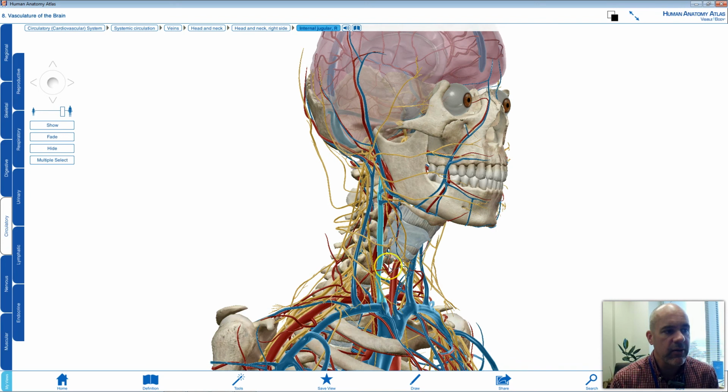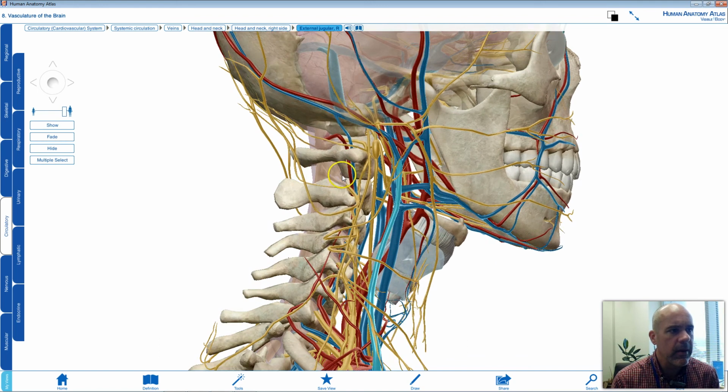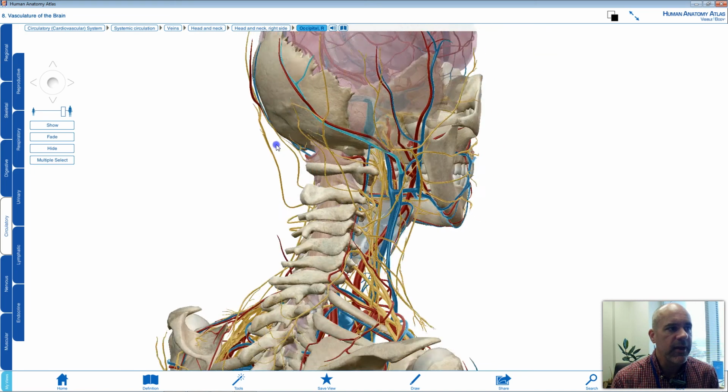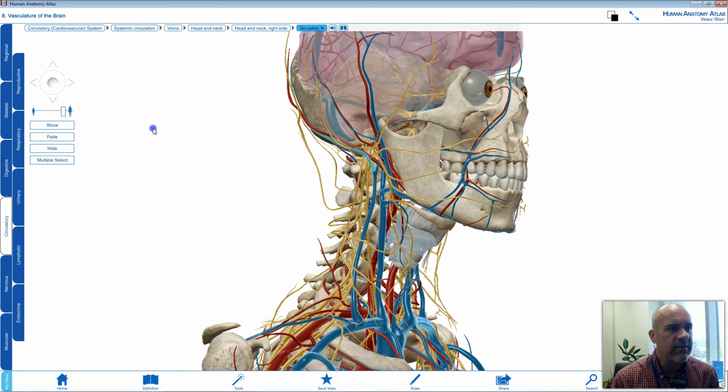The external jugular vein is over here. And if you look carefully, where is it receiving blood from? It's receiving blood from this vein right in here, which is called the occipital vein, because if you wrap our model around, you can see that it extends along that right-hand side of the occipital bone. Now, if you look right in there, there's a little vein that's actually connecting to this one,